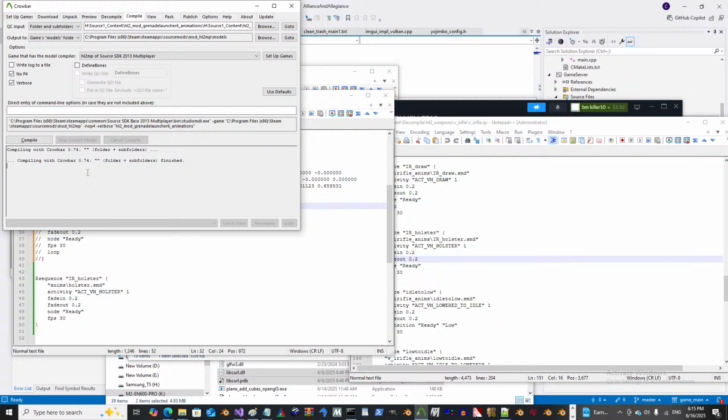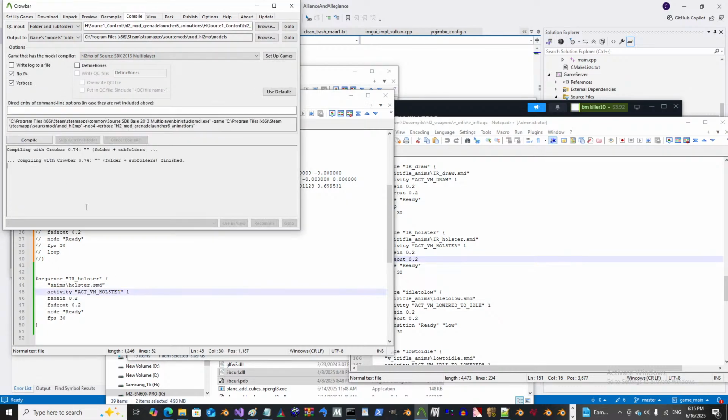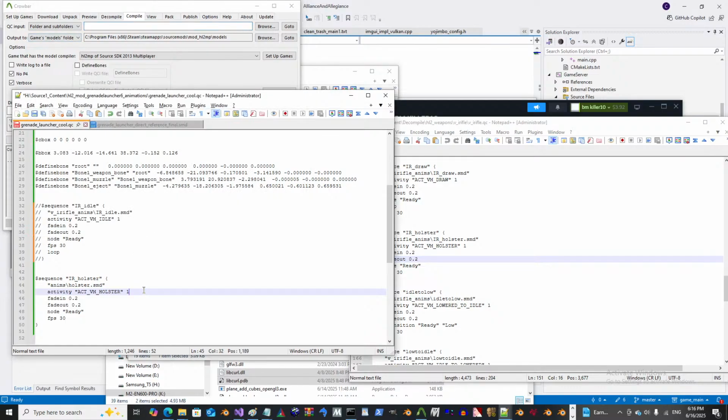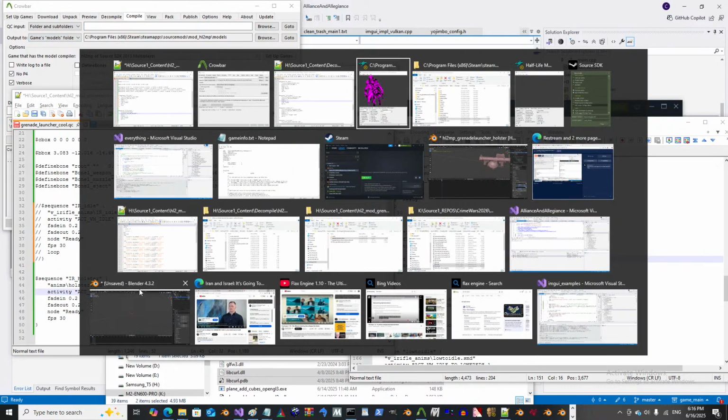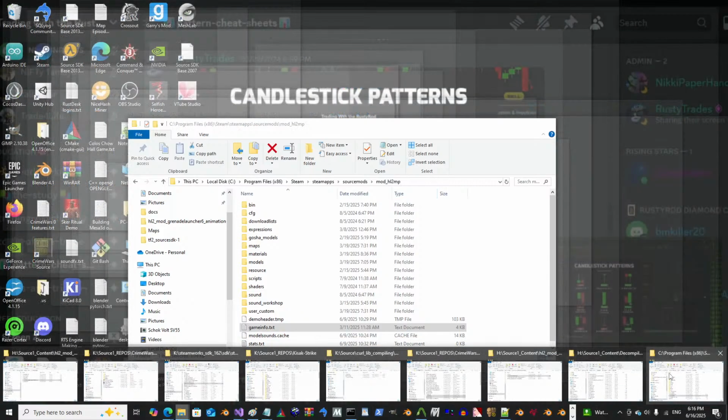It didn't compile or what? Okay, so what happened here? Compiling with Crowbar, folder plus subfolder is finished. It's compiling the folder. Oh, it screwed me. That's what happened. It pasted stuff in there. Maybe I did and didn't notice, but I don't know how that happened. I don't want to watch the stream over to figure that out, but we'll just